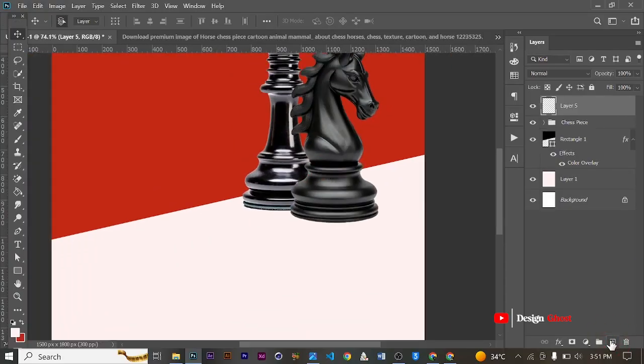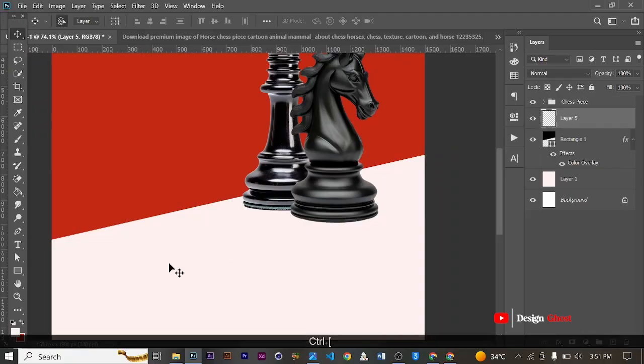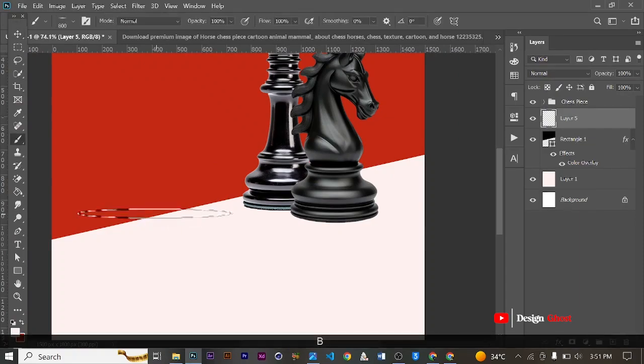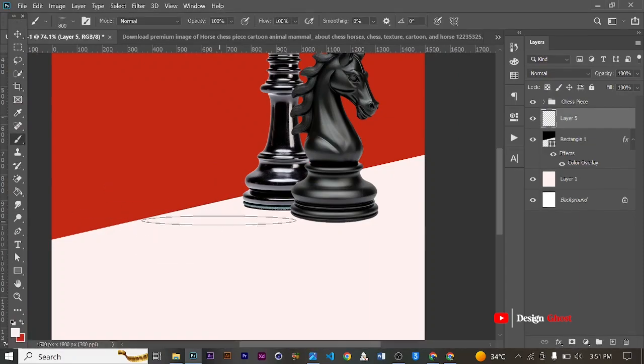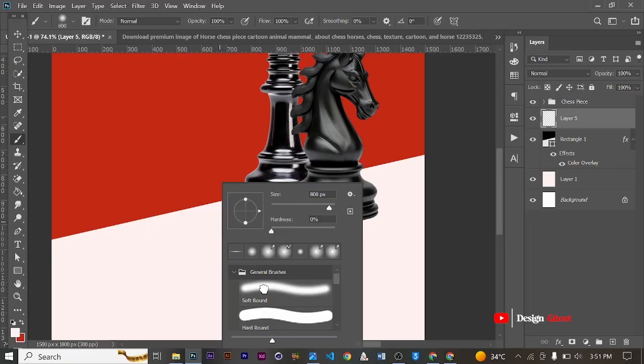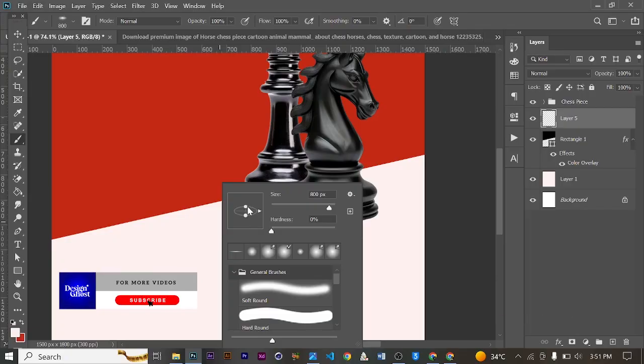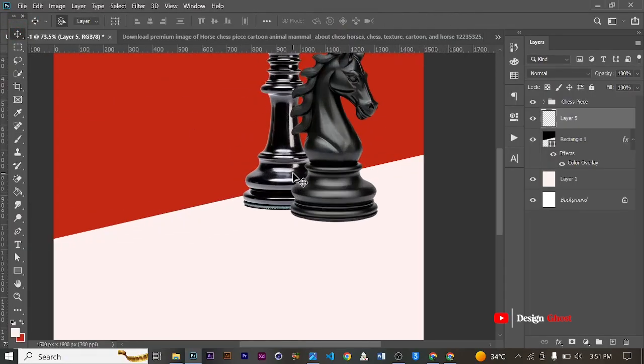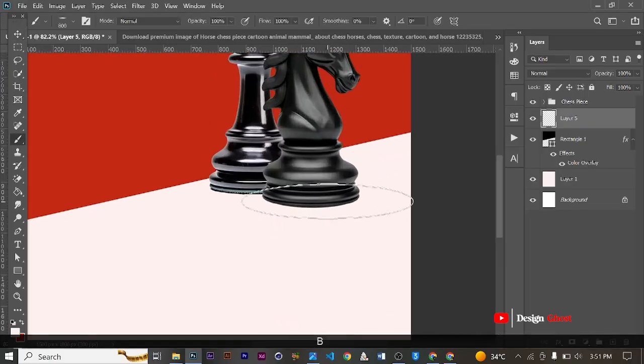All right, so we add an empty layer, we take it beneath the cheese pieces, then we grab our brush tool. This is what we want to achieve, but most of you are going to have this soft round or this hard. So to achieve this is how yours is going to look, but you can hold here and make it this way so that we can achieve this. That way we do not get to scale it down or resize it after applying it. So we do this,